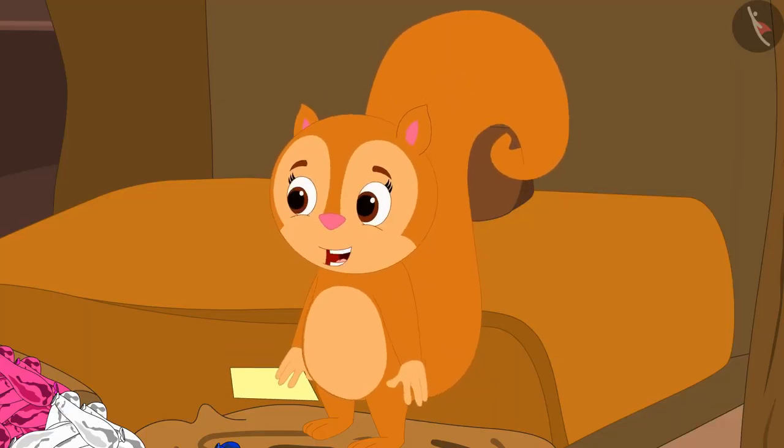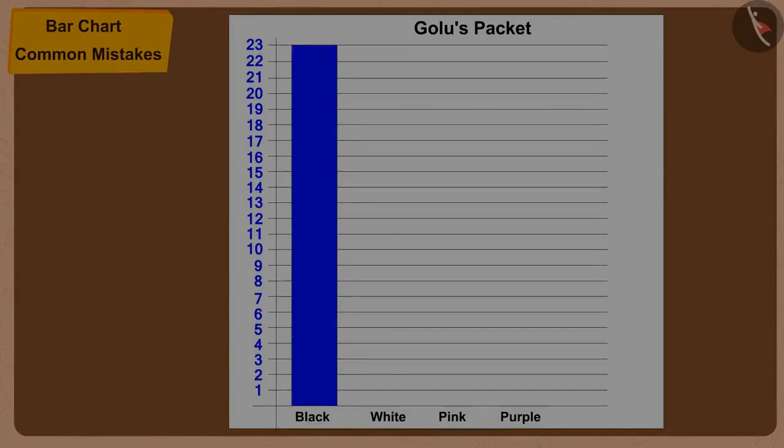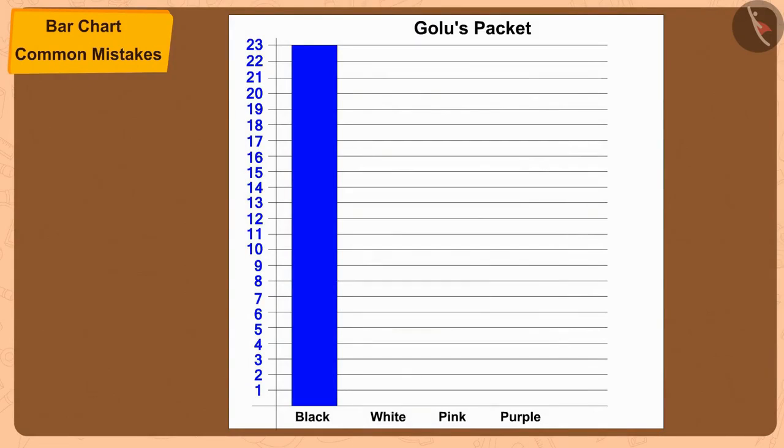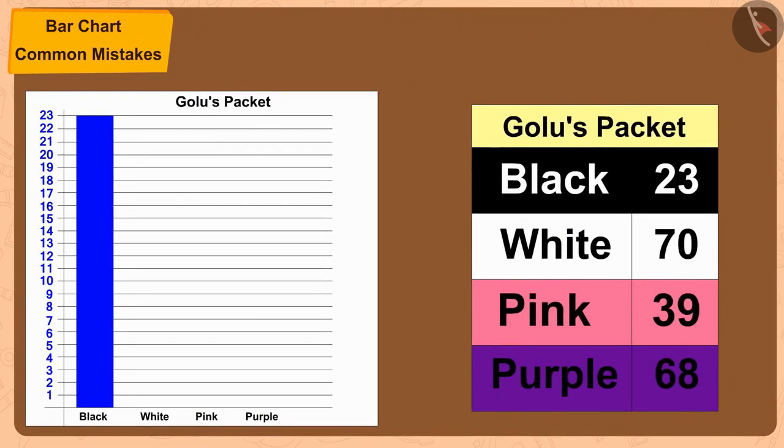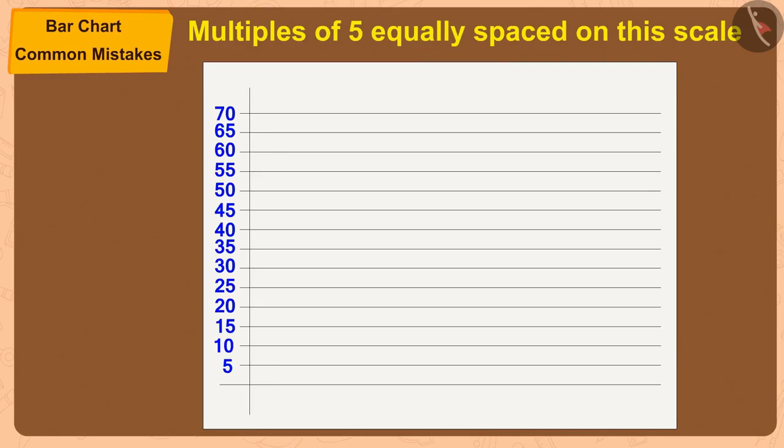Such a small thing. By the way, Golu, you have chosen the wrong scale when creating the bar chart. Whenever we want to create a bar chart, we must first find the largest number in that information. Like, the largest in your table is 70. Now, you have written the equally spaced numbers from 1 to 23 here. So you will not be able to show 70 on this scale. But if we write multiples of 5 equally spaced on this scale, then you can easily show 70 on this